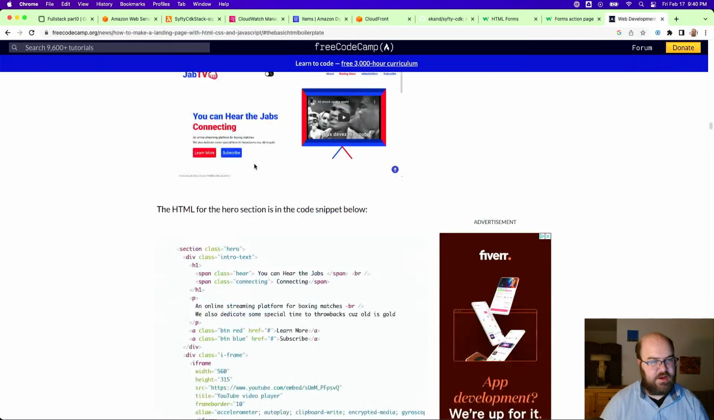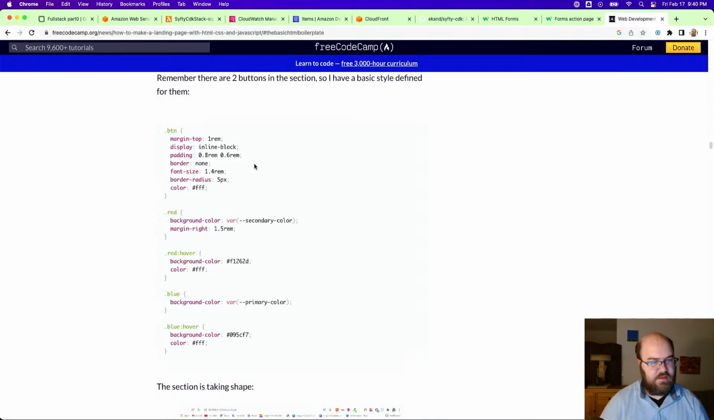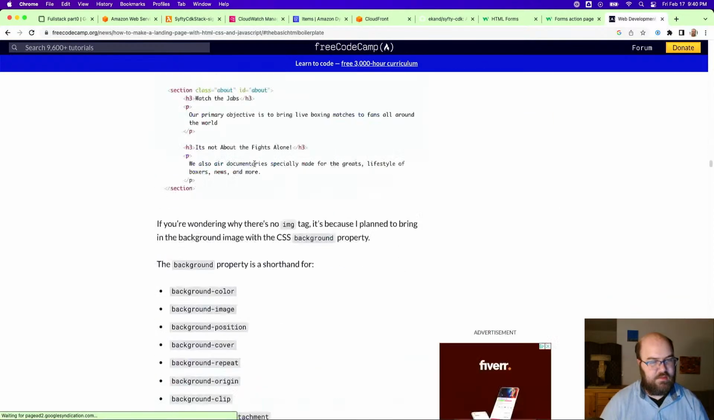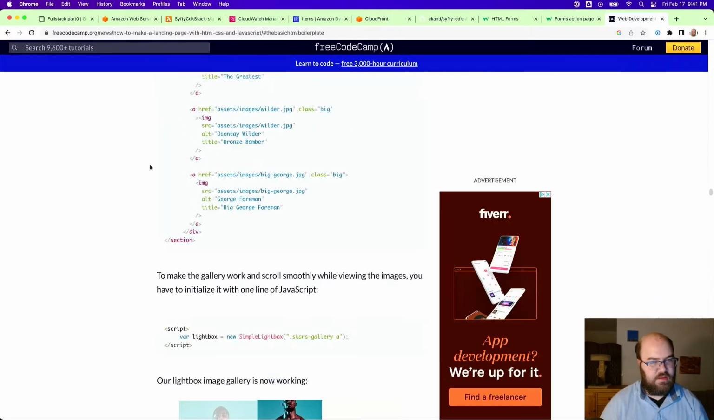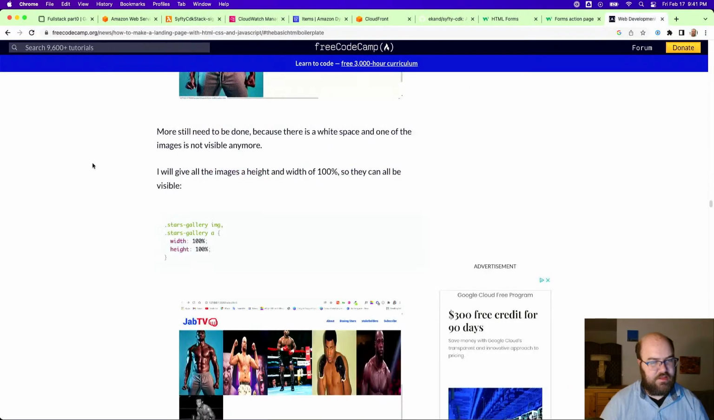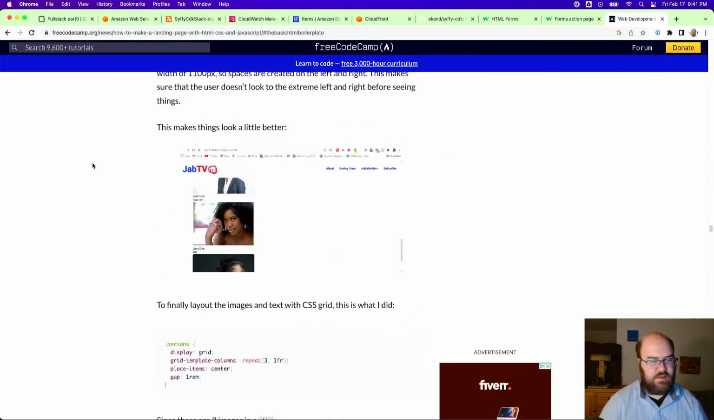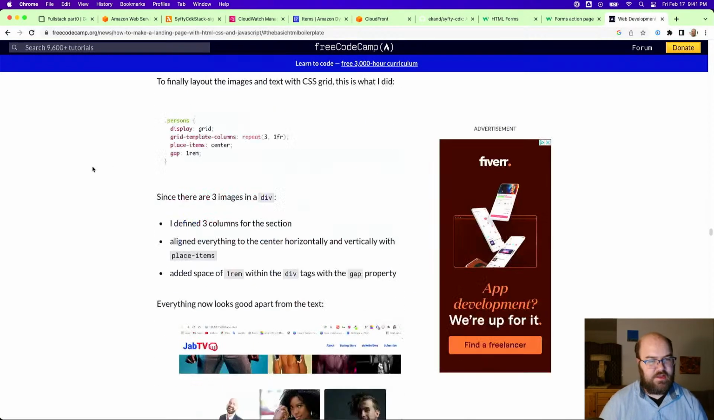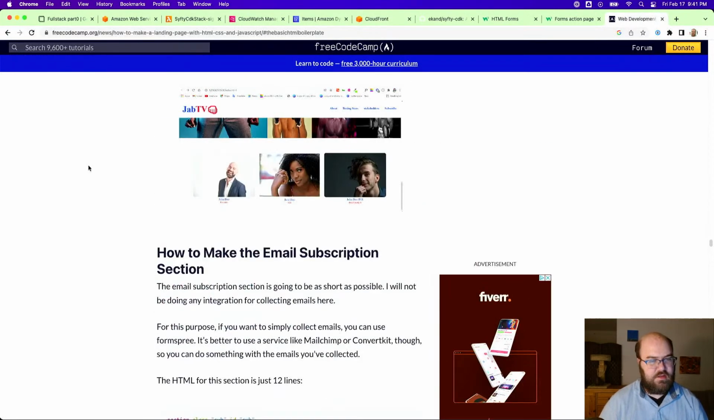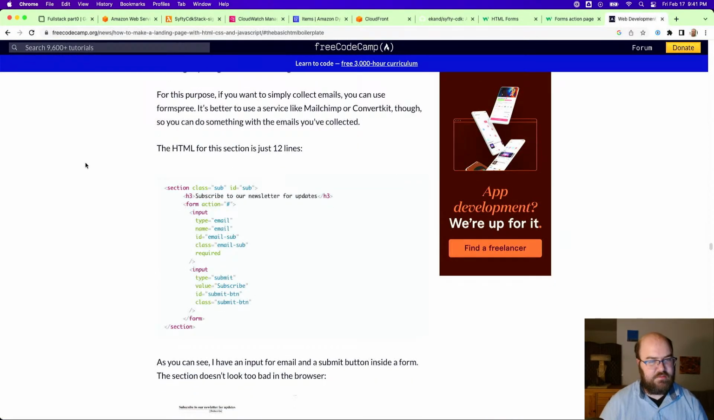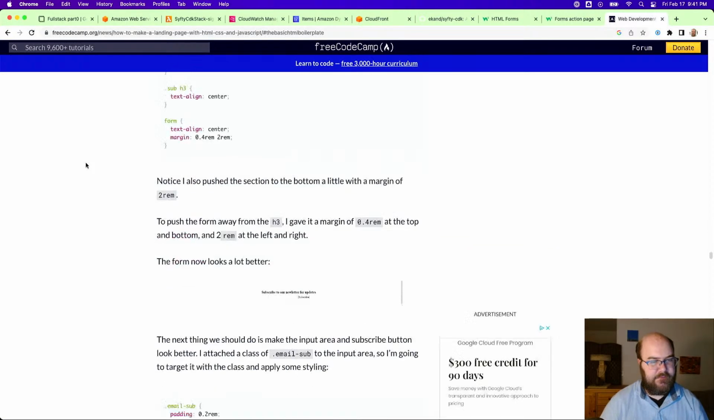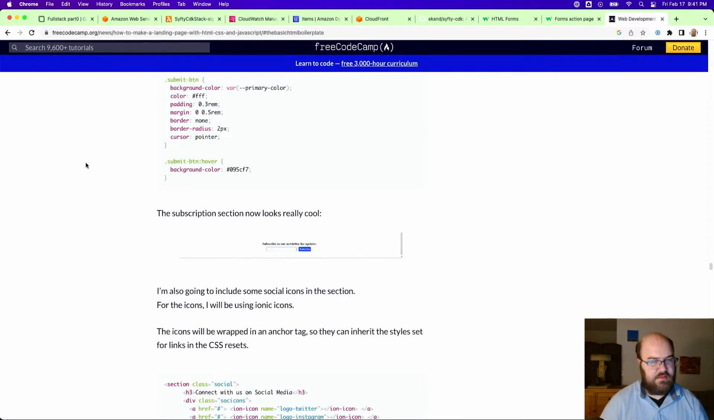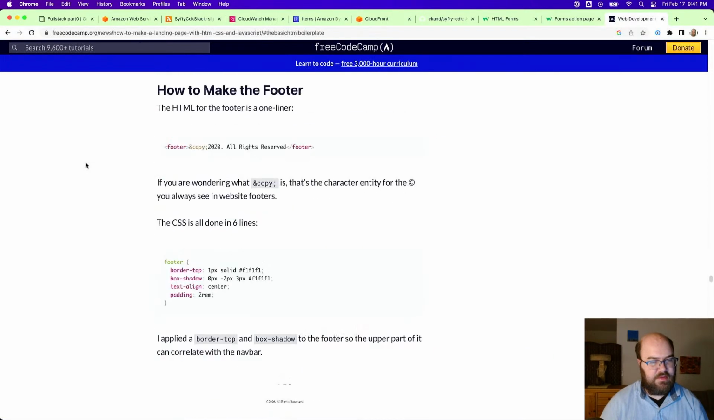How to make the hero section, I don't care about that. How to make the about section, I don't care about that. How to style the lightbox. I don't care about that. How to style the stakeholders section. How to make the email subscription section. How to style it. But what happens to